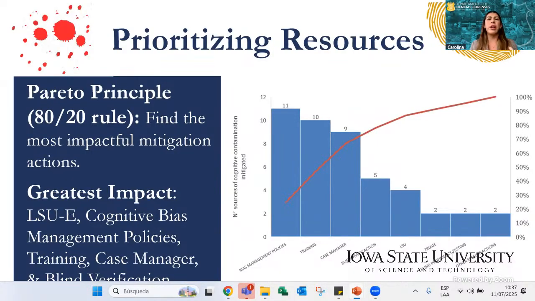Those are organizational guidelines designed to limit the exposure of examiners to irrelevant or biased information that could influence their decision making. These policies aim to standardize how information is managed throughout the forensic process, ensuring that only relevant information is provided to examiners for their specific task. The goal is to reduce the chances of external or irrelevant factors such as case context influencing the objective analysis